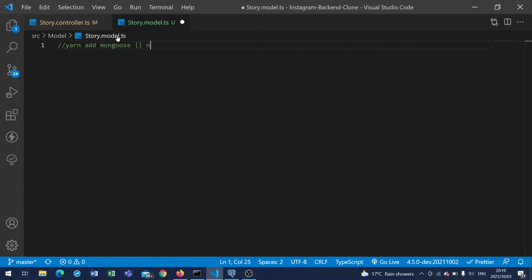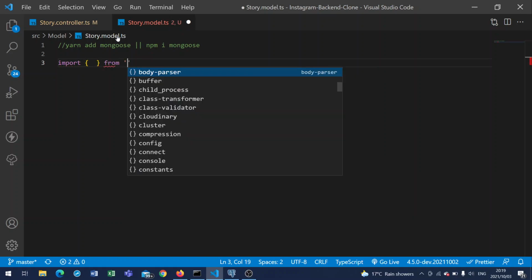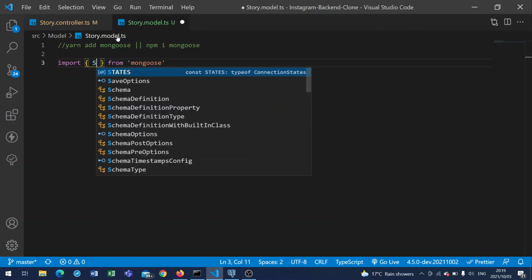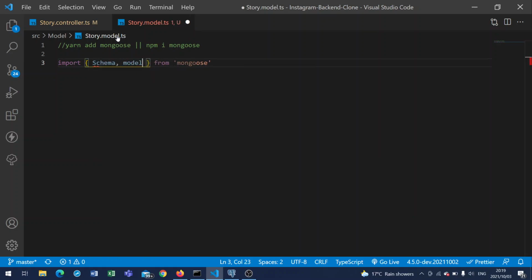I don't know why I didn't also do this new database and so on, but for the next video, I'm definitely gonna do that. So now say from Mongoose, we want to have Schema and model, right? And then we want to say const storySchema is equal to new